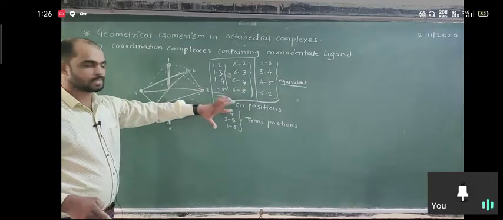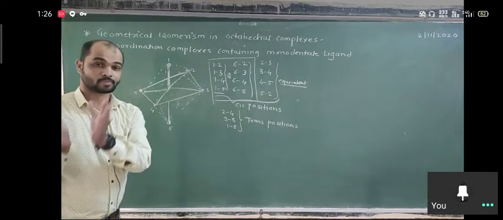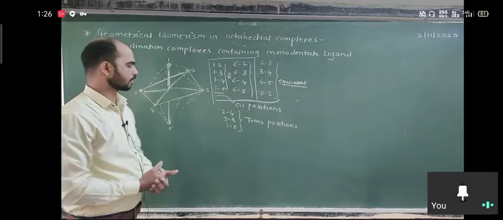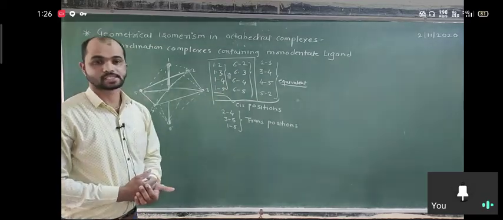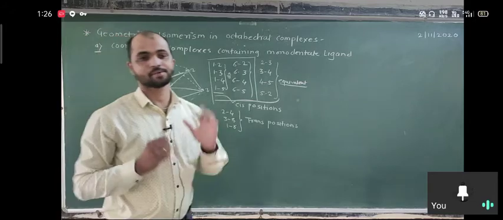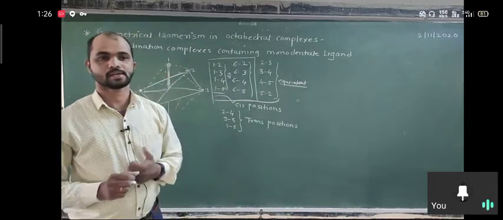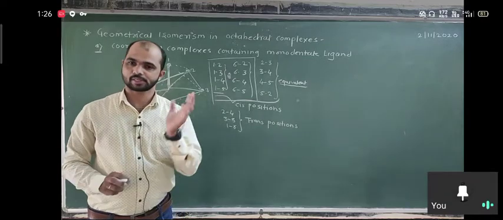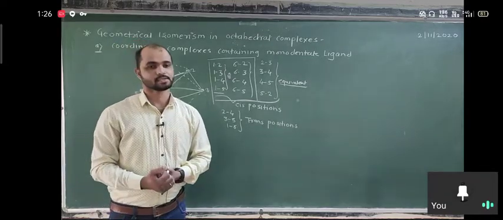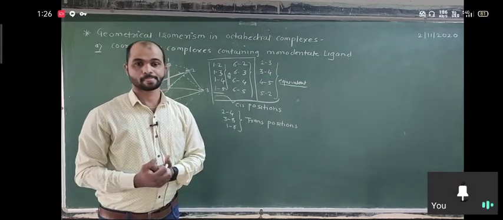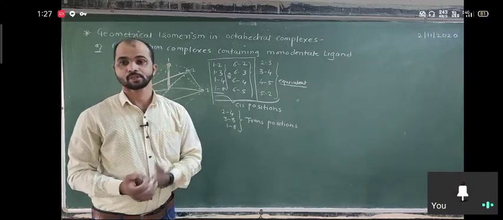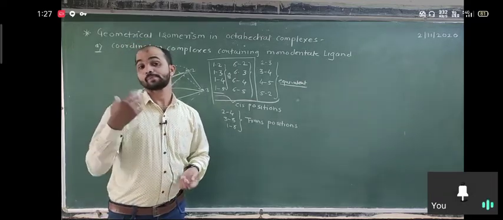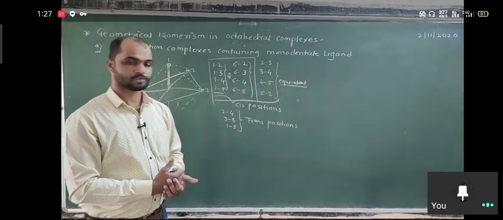Once you understand which positions are cis and which are trans, you can easily predict the structures of the cis and trans isomers of given complexes. So first predict which type of complex is given to you, and then draw the possible isomers, cis or trans. In some cases only one isomer is possible, in other cases both cis and trans are possible. So, are cis and trans possible or not? If possible, draw both. If not, draw the possible isomers. We are going to discuss one by one.